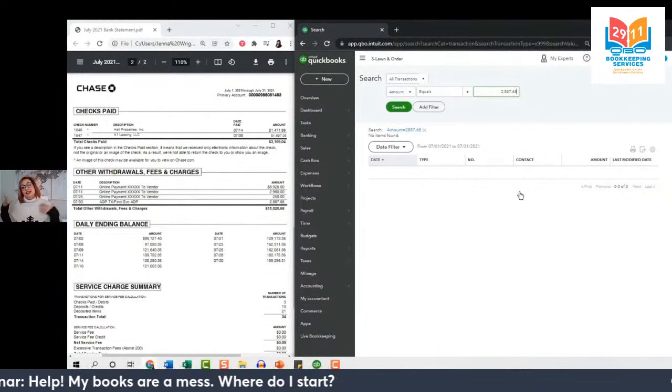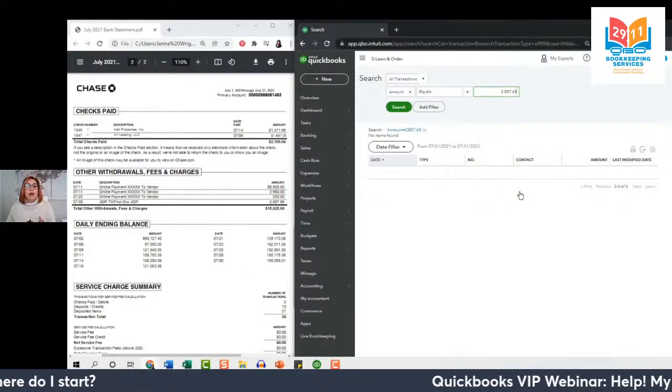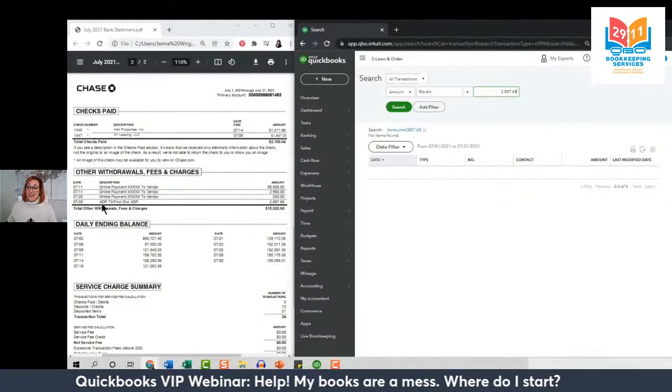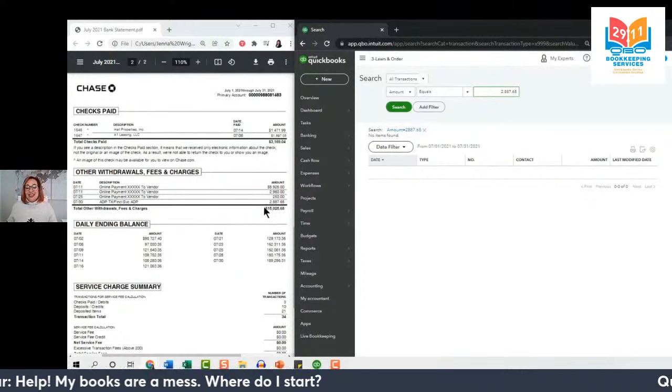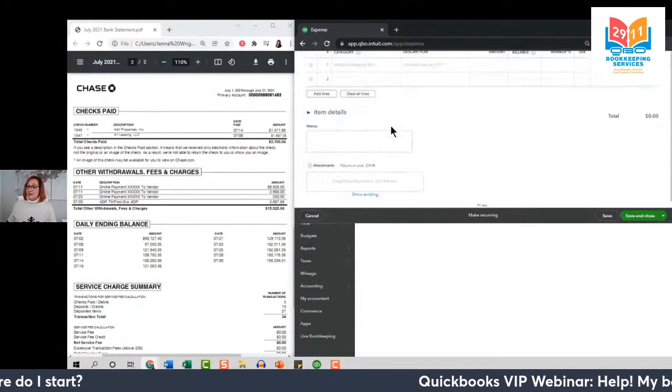So at this point, we've searched in our QuickBooks, haven't found anything. Now we need to go through the real world records and figure out what happened to this. In the real world, I paid this as normal, just like I do every month. I just forgot to record it in QuickBooks. So let's go ahead and take care of that now. I'm going to click plus new. Let's record an expense.